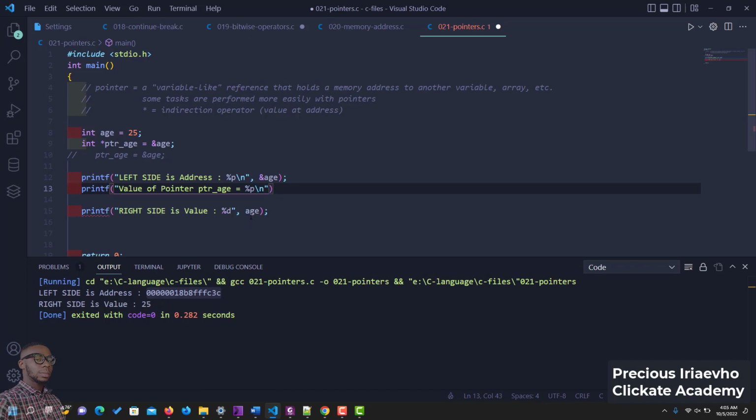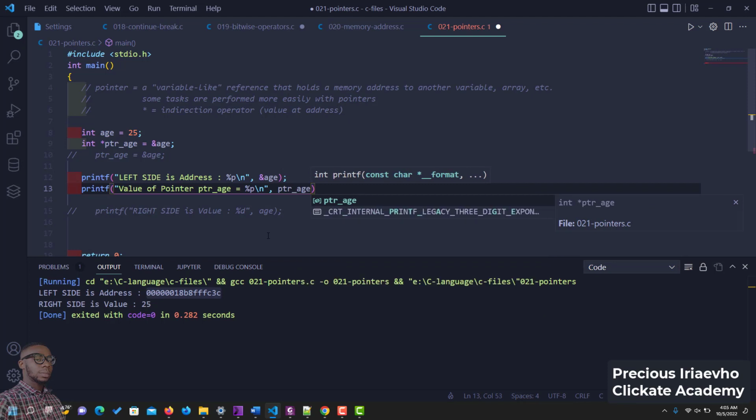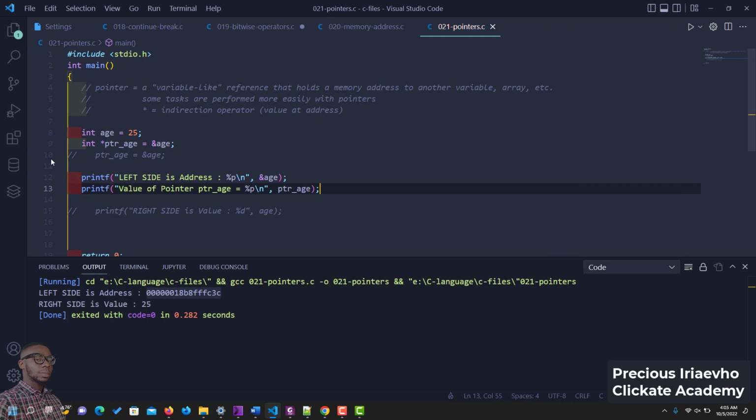We need the new line. Let me comment this one out. So we want to get now the value of pointer age, just to confirm. So we are also going to call the pointer here ptr age. So let's confirm it. Let me clear the output here